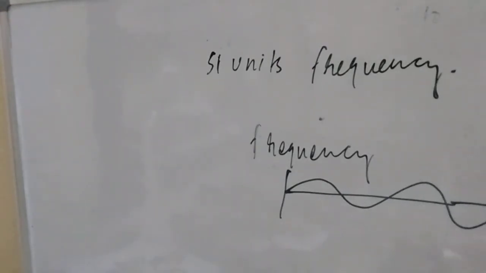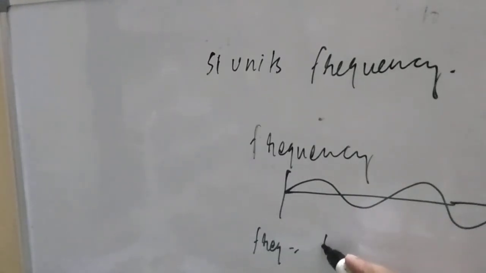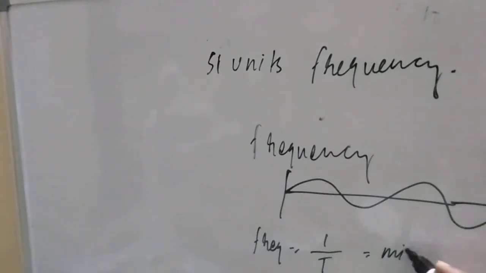Okay, so number of revolutions per second, the frequency is what, student? Number of revolutions per second. So frequency means number of revolutions per second, that is 1 by t. This is the unit. If the time is in minutes, student, what would be our option? If time is a minute, then 1 by 1 minute, 1 revolution per minute. So it can be minute inverse. Then it can be second inverse, and then it can be hertz also. Hertz is also the name of a scientist.